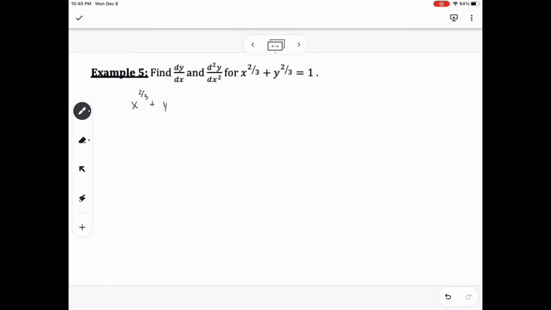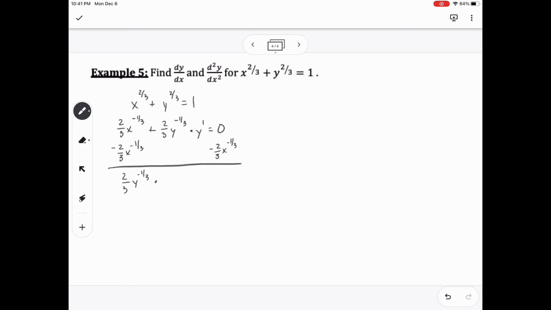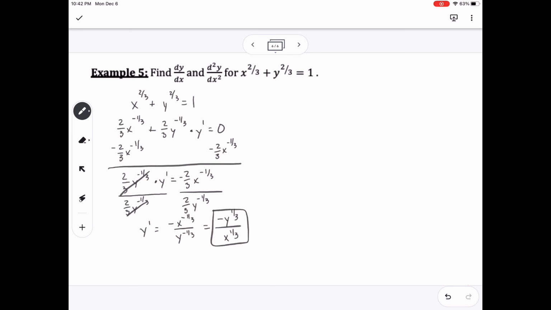Okay, now for our last example here, this one's kind of tricky. So when I do this one, I'm going to write it in a little bit of a different way. Because we usually take the derivative with respect to x and not usually with y, you can choose not to write the dx's if you want and just write the y primes or the derivatives of y. And so here, because I'm going to have to find the second derivative if you notice the directions up there, I chose not to write the dx's,